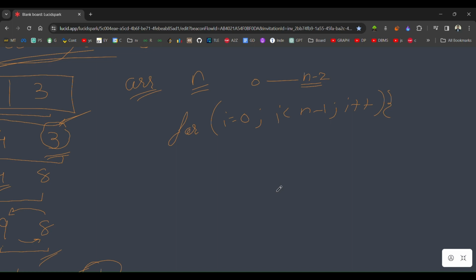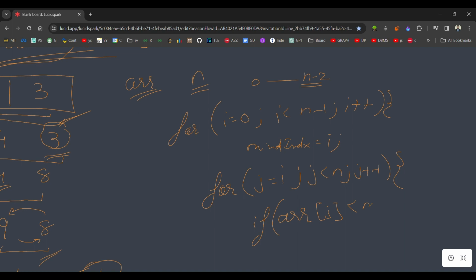And for each i, I am going to loop from i till the last index, and I'm going to take the index that is having the smallest element, right? So let's say I'm going to loop something like j = i; j < n; j++. And let's say min index, I have taken i, and I'm going to check if the current element,